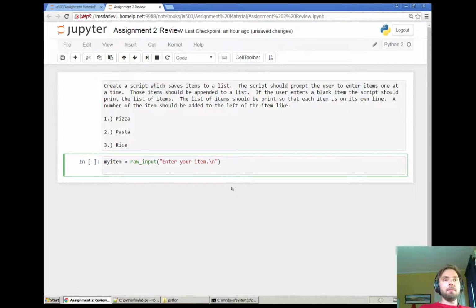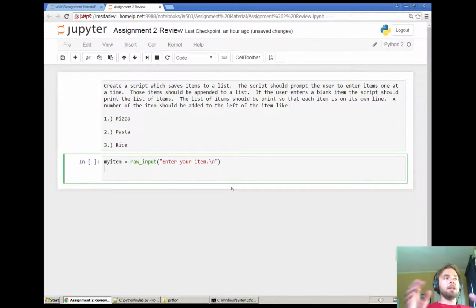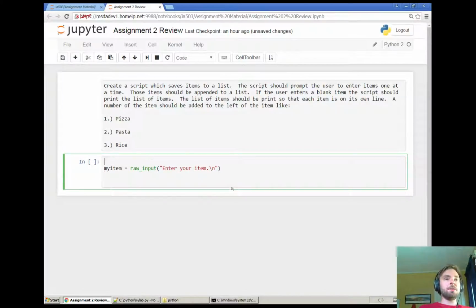The other thing we need is a list, and we need to declare this list in the application. So before we even do this, I'm going to say my list equals blank list. To start, we'll have no items in the list. After you enter the item, we want to add it to the list. We know how to add things to a list. We use the append method. So I will say my list dot append